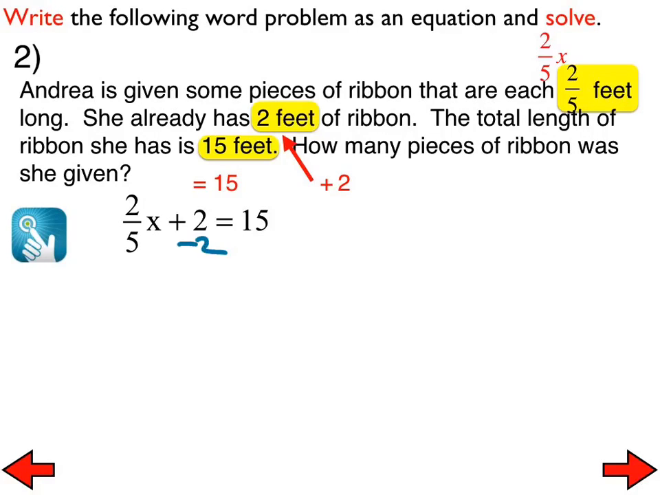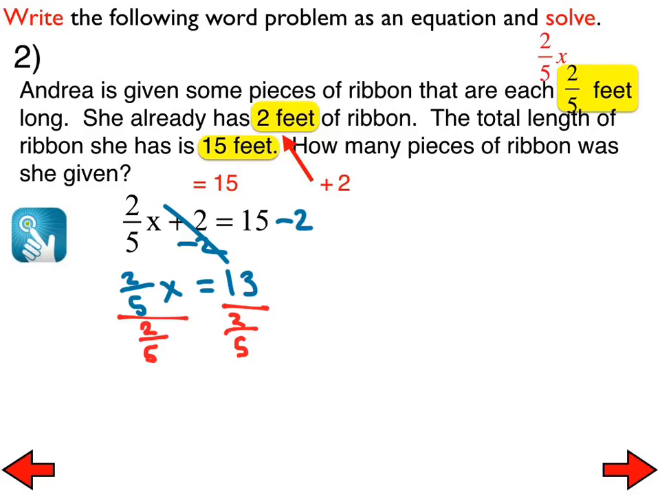Great. Subtract 2 from both sides. Get rid of that constant first. And we're left with 2/5 x equals... Good. And then divide by 2/5 on both sides. So we have 1x